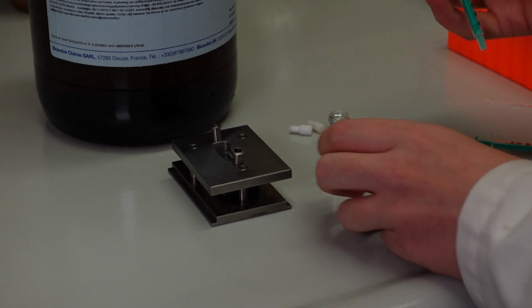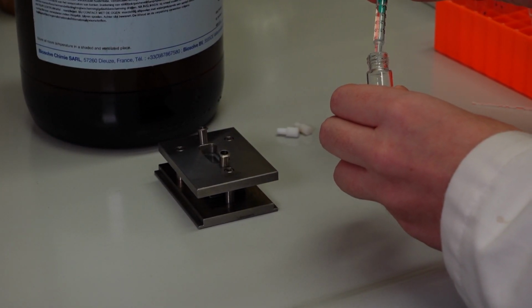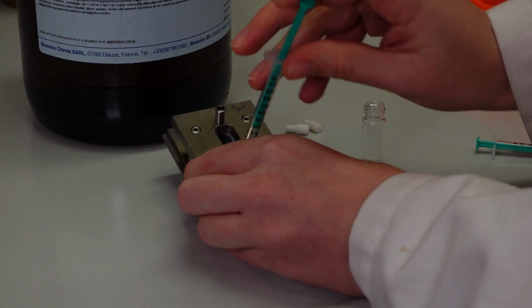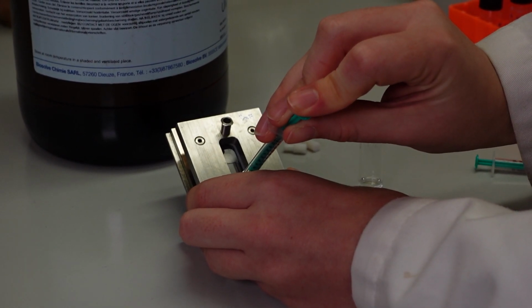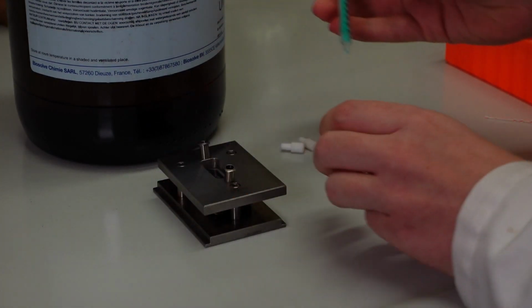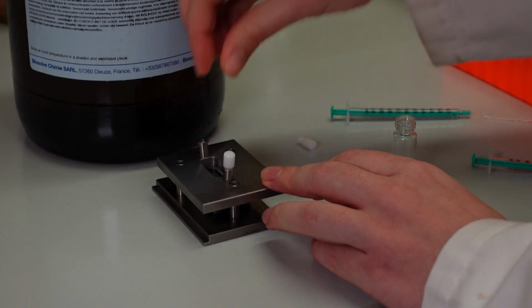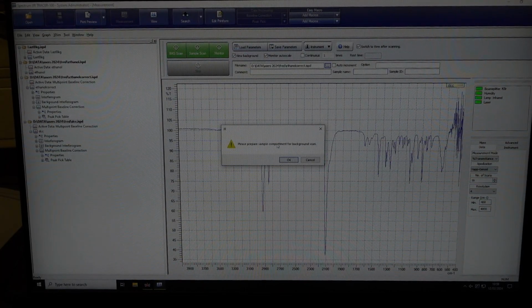We will be using dichloromethane. Add the sample and do a background scan again.